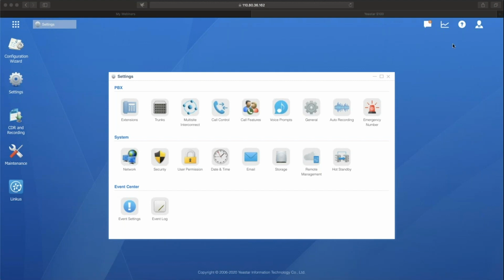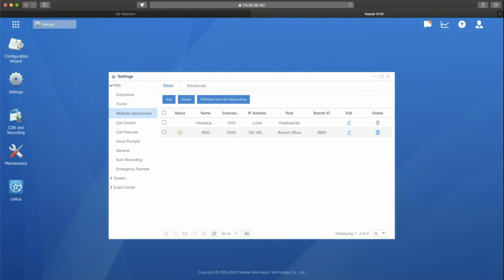For example, the first thing I'm going to talk about for today's webinar will be the multi-site interconnect feature. Well, this is actually a feature specifically working on our Yeastar S-Series PBX. It's a pretty good solution for multiple offices. So which basically means if you only have one PBX, well, you can forget about this feature. Not very necessary. But if you have multiple offices, you may probably use this feature for the multiple offices